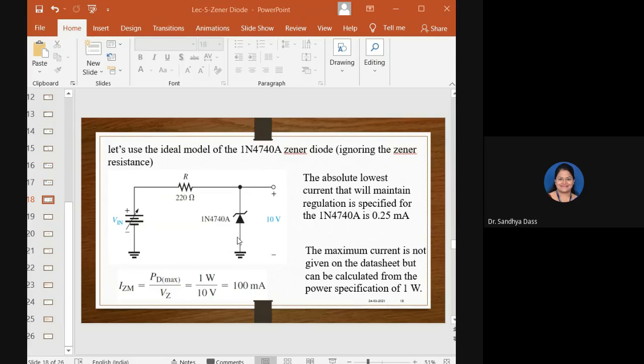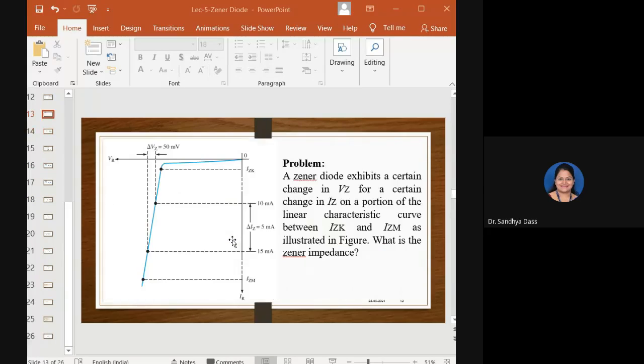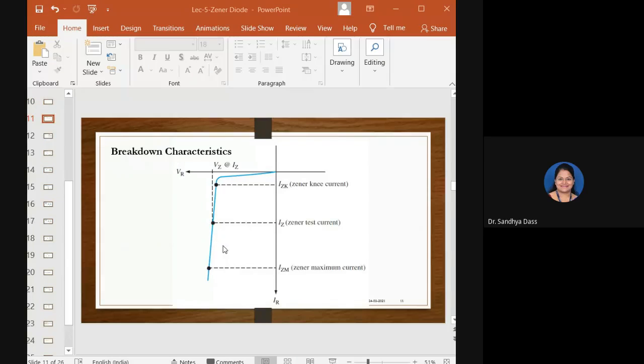And we have discussed till now that Zener diode, to operate it, the current via the Zener diode or in the circuit should be maintained between minimum Zener current to maximum Zener current, right? So only then the voltage regulation will happen. That is what we discussed according to this reverse breakdown characteristics, right? So if the current is maintained within these two levels, only then the voltage regulation can take place, is what we observed from this breakdown characteristics. Okay, so based on that,